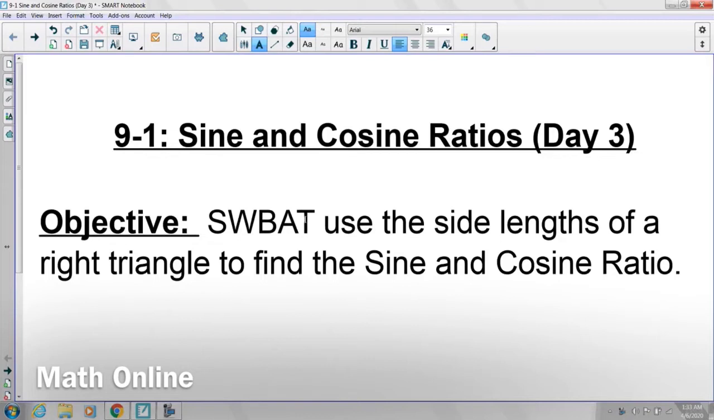So today's objective is students will be able to use the side lengths of a right triangle to find the sine and cosine ratio. So similar to the previous video, when we looked at tangent ratios, hopefully you watched the